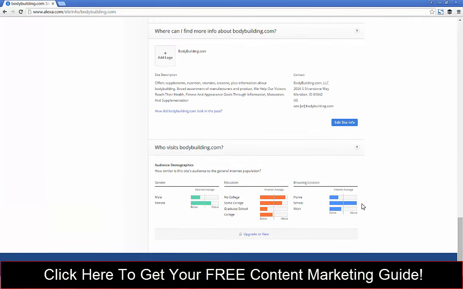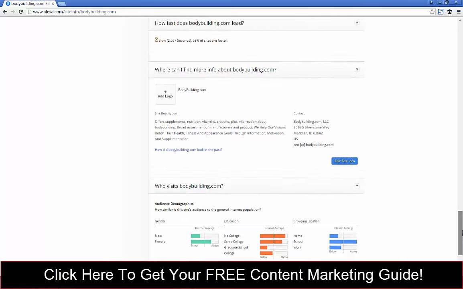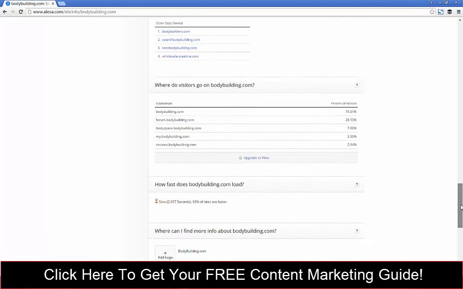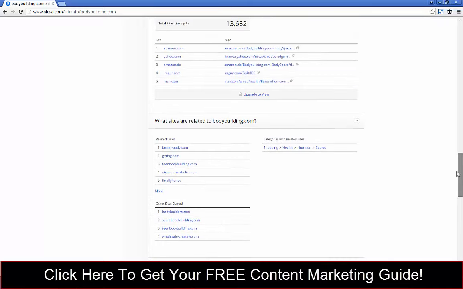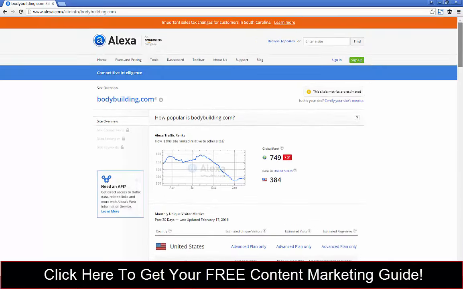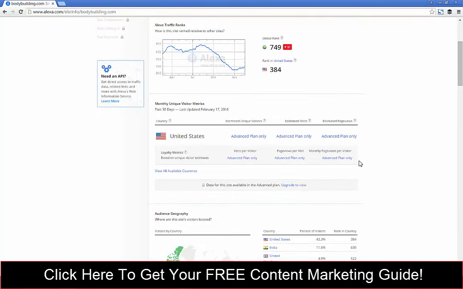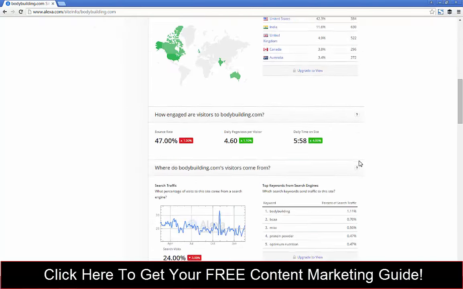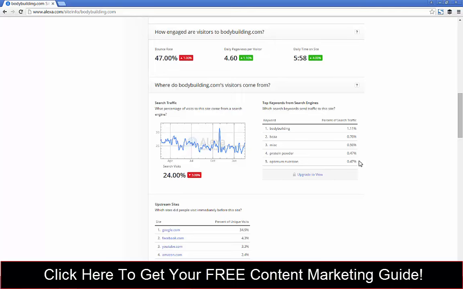So I'm contributing to that percentage there. So look, majority of people are browsing from school, and majority of them have no college education, and there is not as many males as there are females visiting this website, okay? Which also is a surprise, because I honestly would have thought that a lot more men would be visiting this website. So look, if I was to build a bodybuilding website, I would have done 4 or 5 key things completely wrong based on these demographics, and I'm definitely not going to question these. I would question my knowledge.